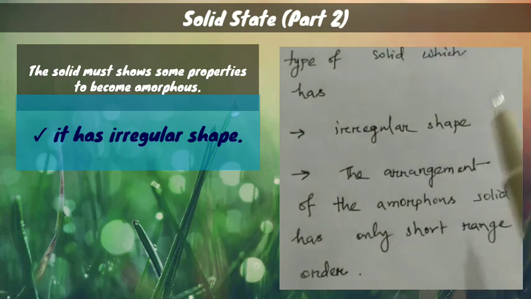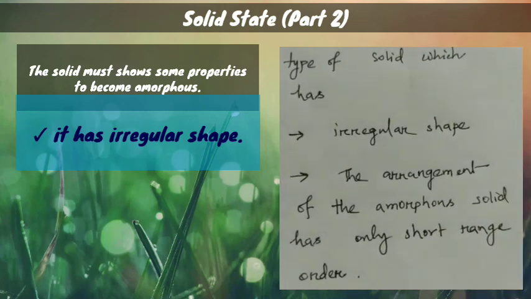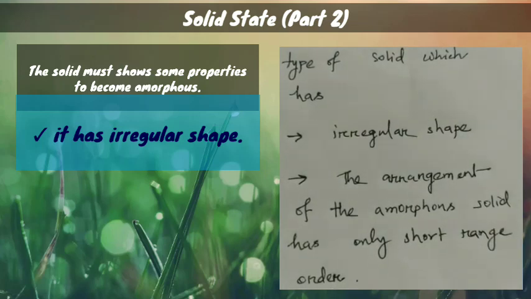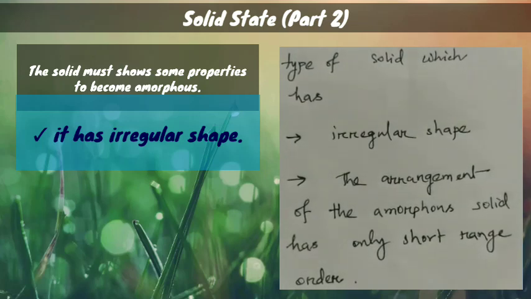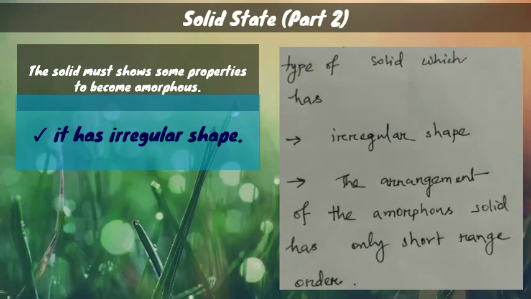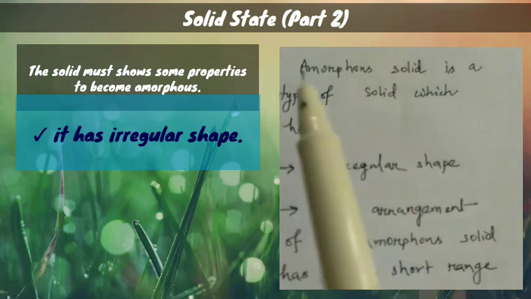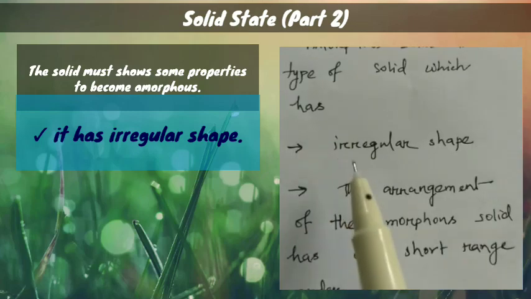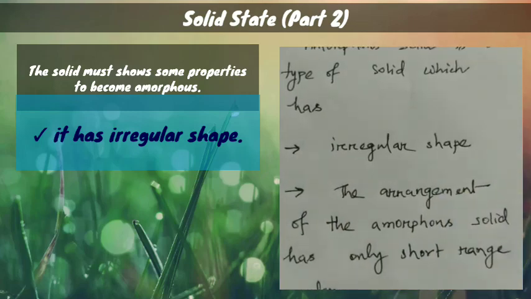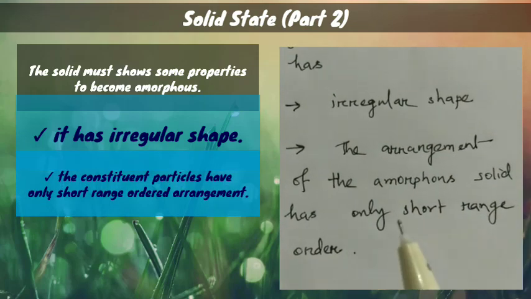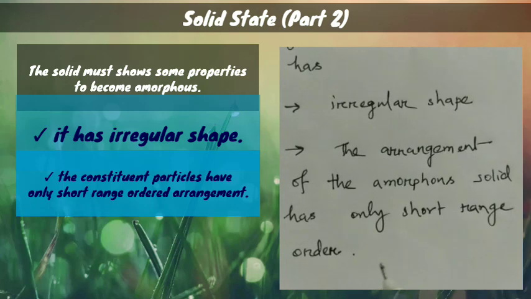But in the case of a crystalline solid, they have a regular shape. That means they have some crystal with a definite shape, and that crystal repeats throughout the solid. But in the case of an amorphous solid, they have irregular shapes. And the second is that the arrangement of the amorphous solid has only short range order. That means the constituent particles